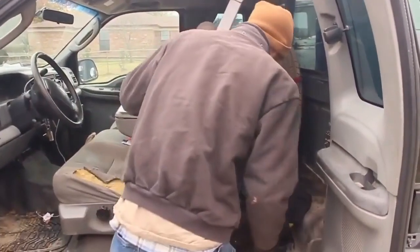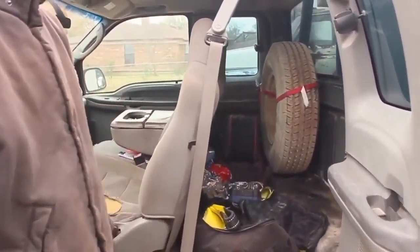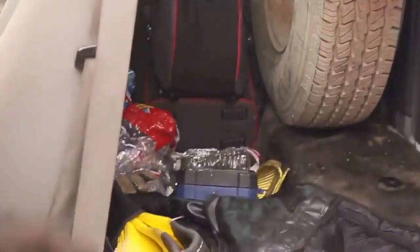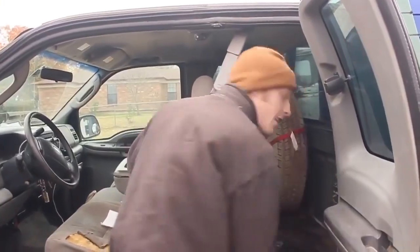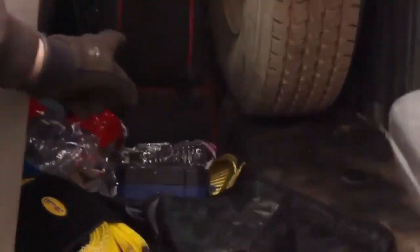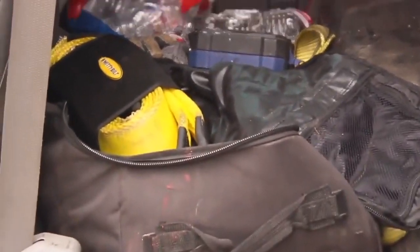All right, moving on. We got the spare tire in here. When I built the flatbed on this truck, I had to remove that from where it mounts underneath the original bed. And never got around to building a proper mount for it outside, so it's still rolling around with me in here. And then I got a backpack full of random extra welding gear. There's like a spare cotton jacket in there, 3 or 4 spare pairs of gloves, and a welding helmet, which is,